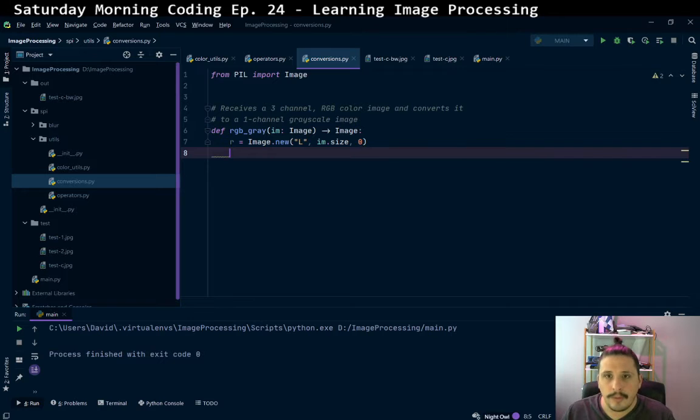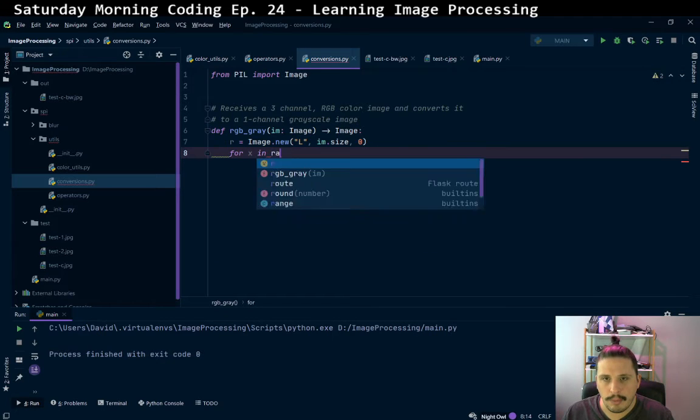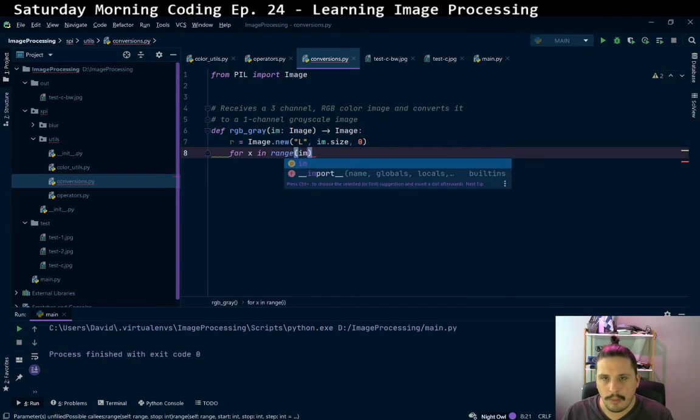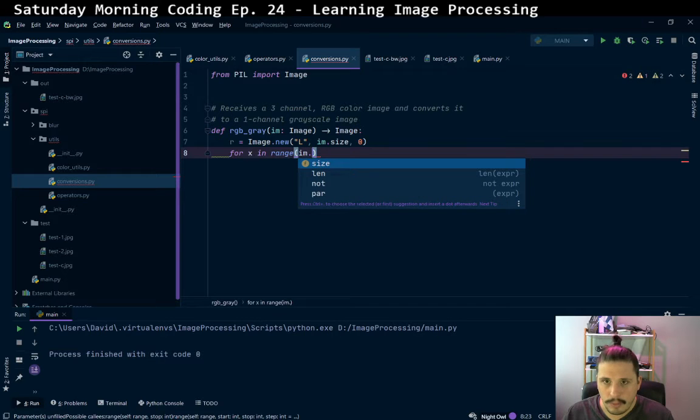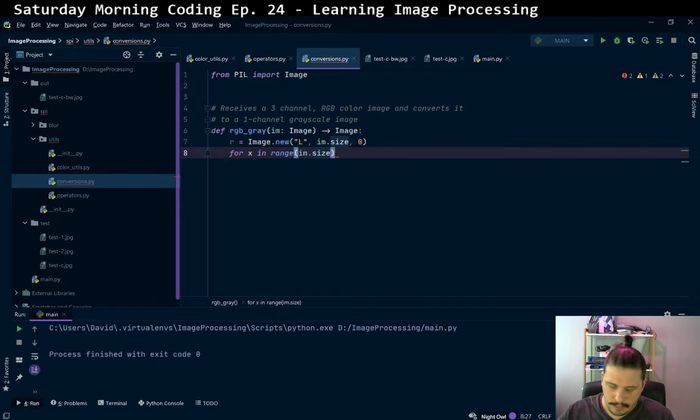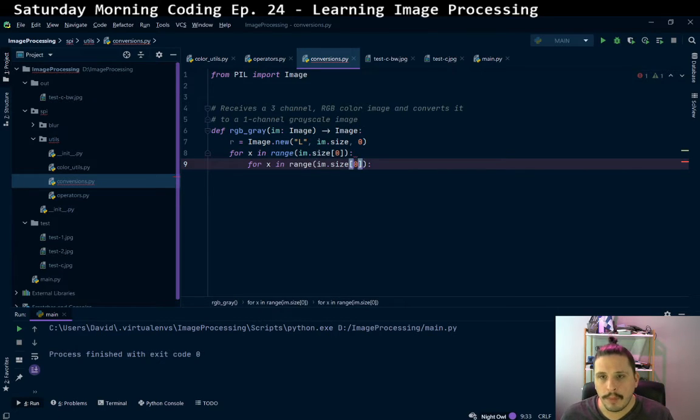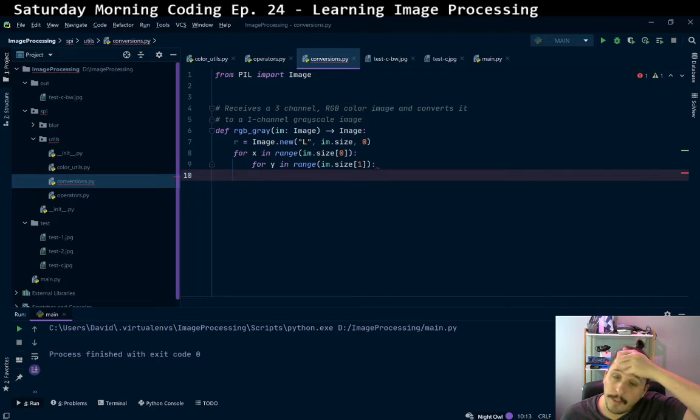And then for each X in range of size 0, and for Y in size 1, and then this is R